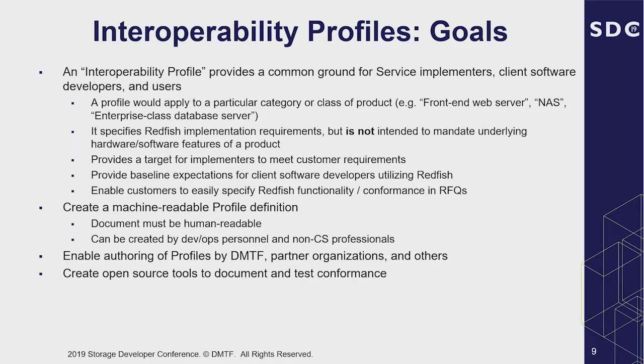And we've modified the tool chain so that the conformance test suite, that goes in and tests an implementation, can use the profile as input and verify that that implementation does everything that your profile says is required and produces an HTML report. So real easy for a customer to go out and say, here's my requirements list in JSON, hand it to all the vendors, and then double check it. Super simple. Yeah, create open source tools to document and test conformance,